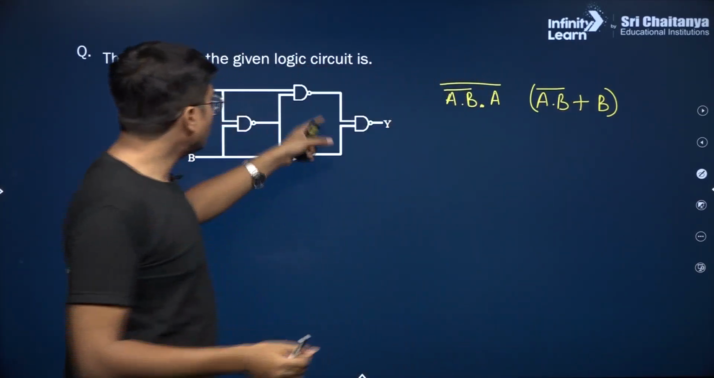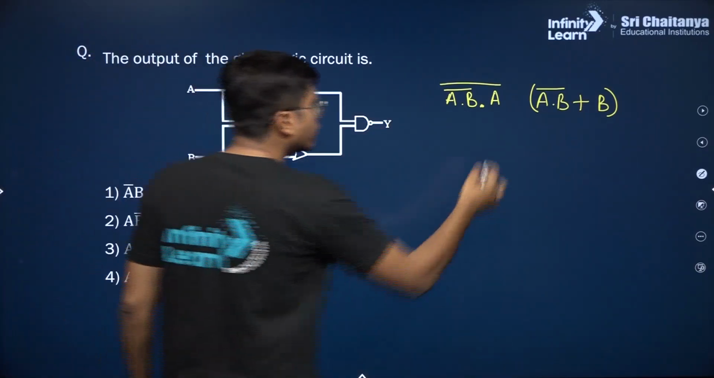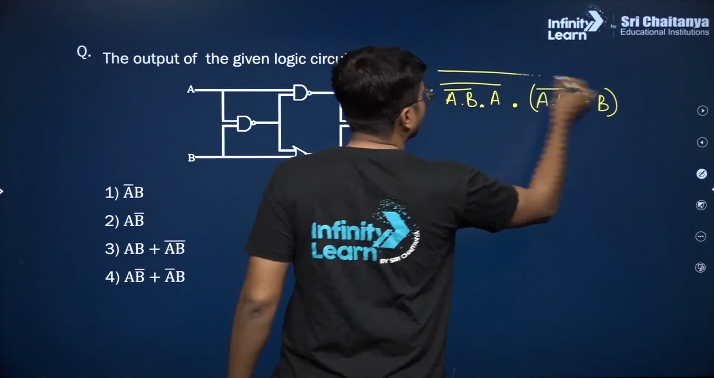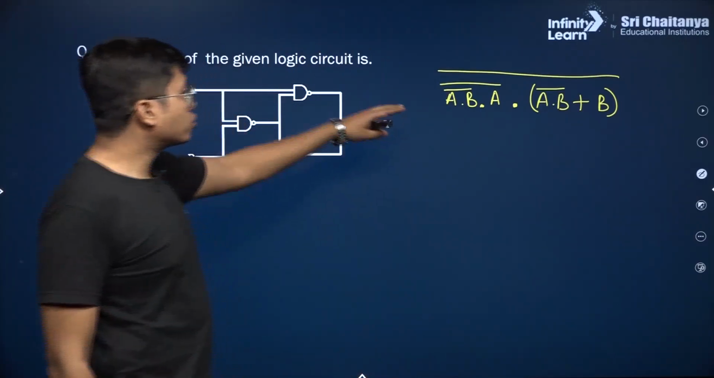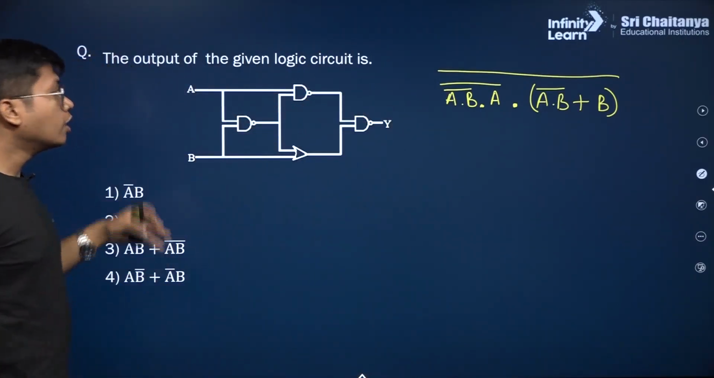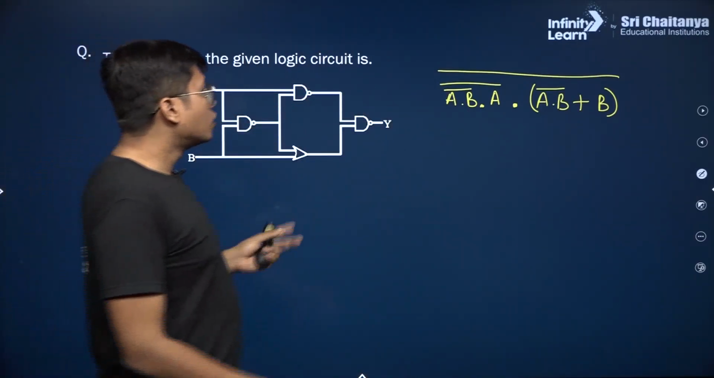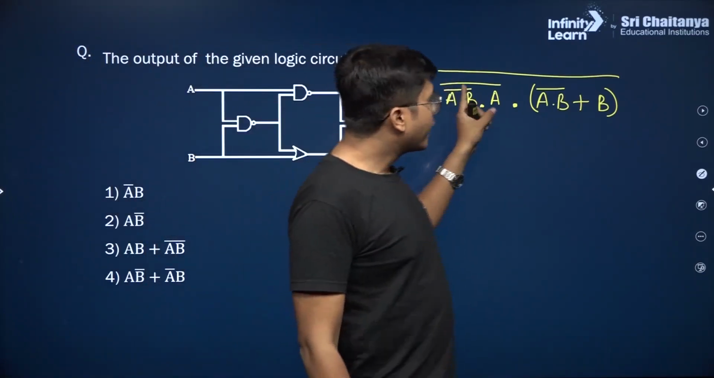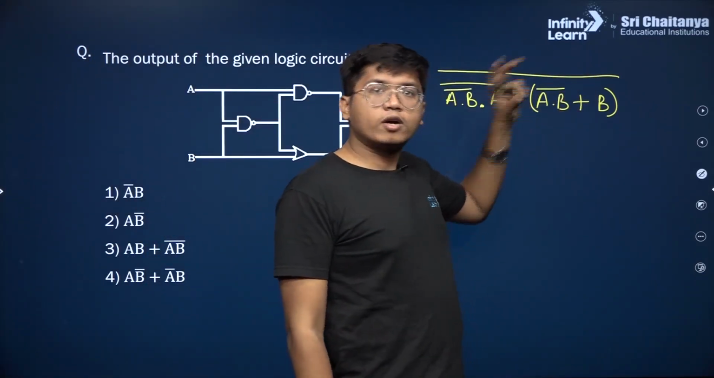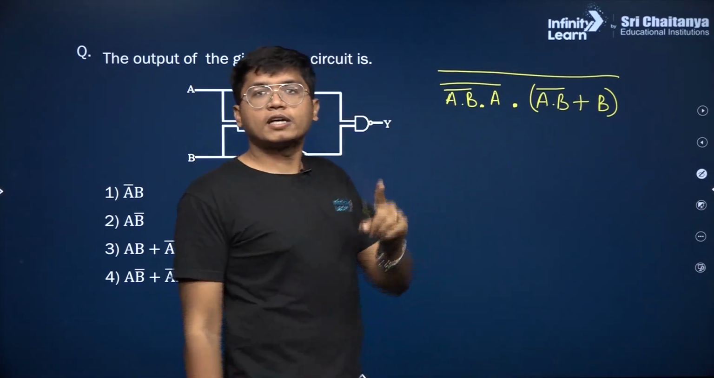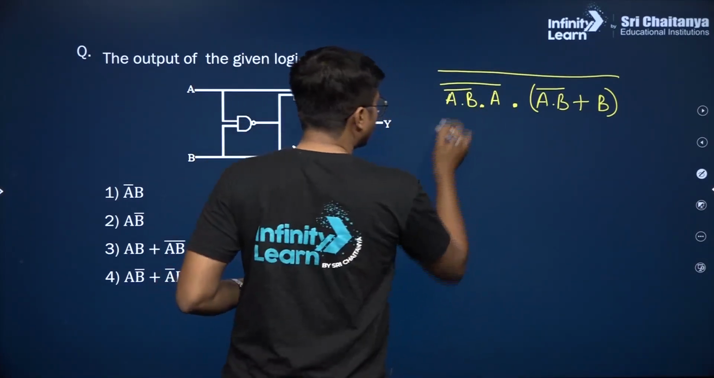And then these two are connected through another NAND gate, and then the NOT up top. So we have to see how this simplifies. We'll use De Morgan's law mostly. Firstly, by De Morgan's law, if you have (A dot B) whole bar, then you can make it A bar plus B bar. That is what we'll do. So this becomes